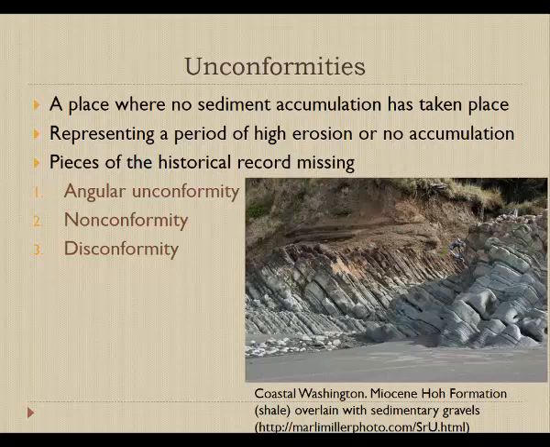And there's a variety of different types of unconformities that geologists look at. We'll show some examples of each of these. They're called angular unconformities, nonconformities, and disconformities. But if you look at the picture here that's taken from coastal Washington state, you can see that there are some layers below that are shale, a bunch of these kind of layered material that seems to be turned on its side,